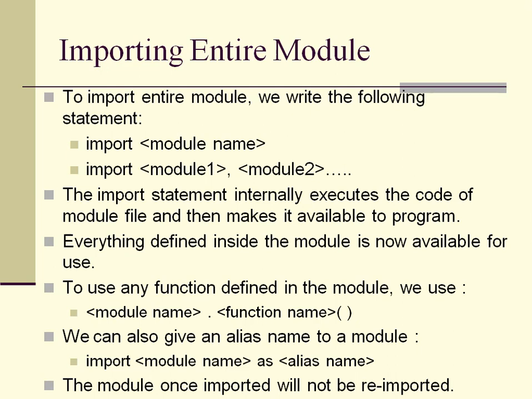Okay, so you have understood this, the method of importing the entire module. Whenever you want to import an entire module, you write import, the name of the modules separated by comma, and if you want to use any functionality of it, you first name the module, then use the dot operator, and then the name of the object. Clear? That object can be a function or a variable or a constant. Depending upon that you will use the brackets. If it is a function, then only you will use the bracket sign, otherwise you will be using the direct name. For example, we have discussed math.pi, there will be no brackets.